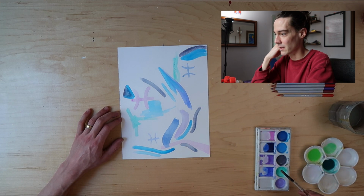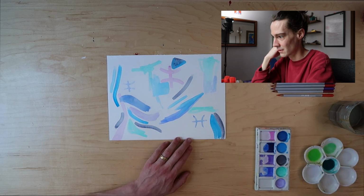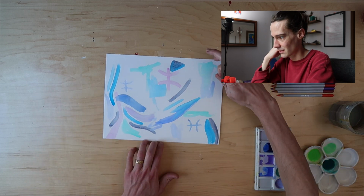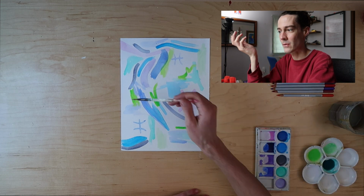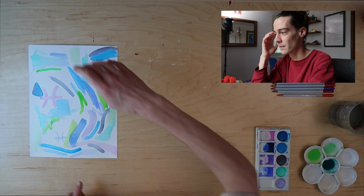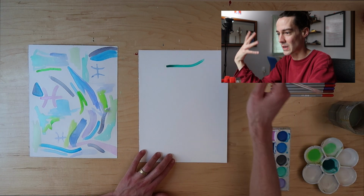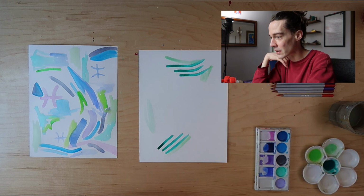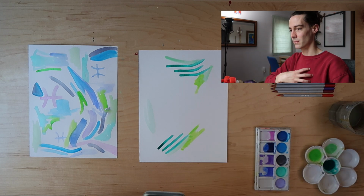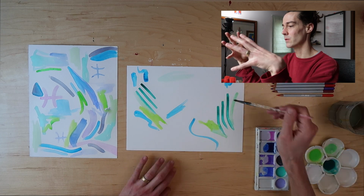I love that light green, the mint green. So beautiful. I mean, my main thing with art now is working with colors I love. That's what inspires me and makes me want to create. Starting with green here, so we're looking at the heart center. And now coming in with the blues and the